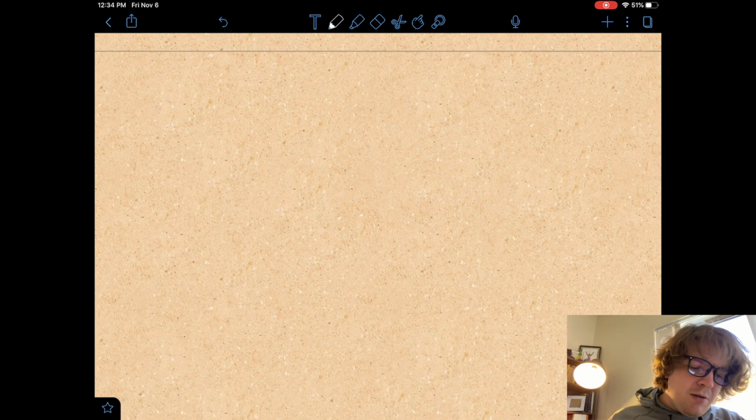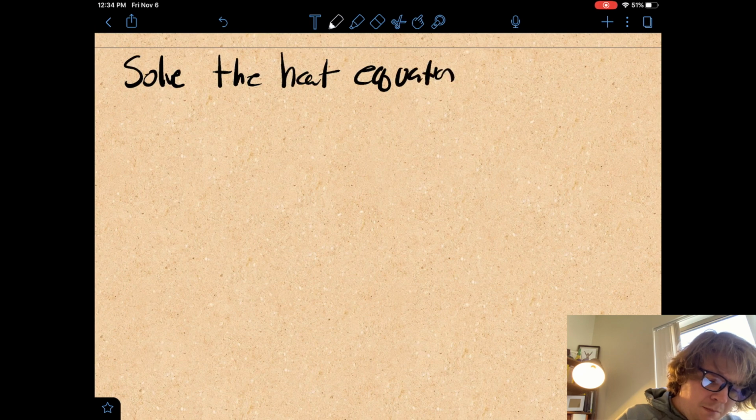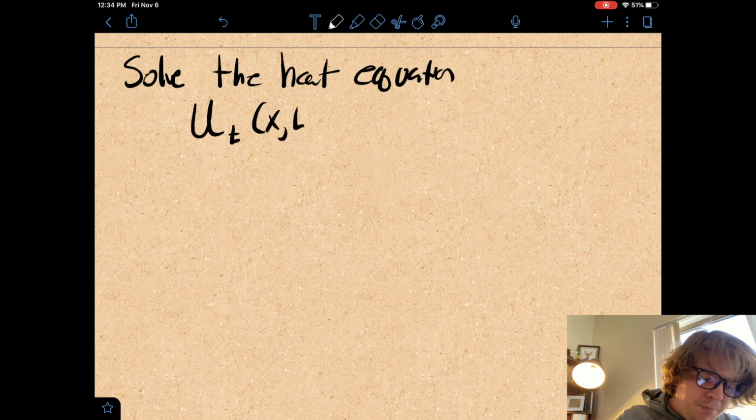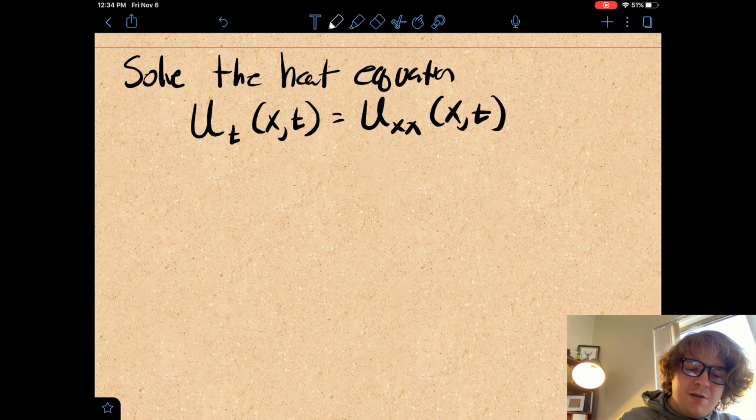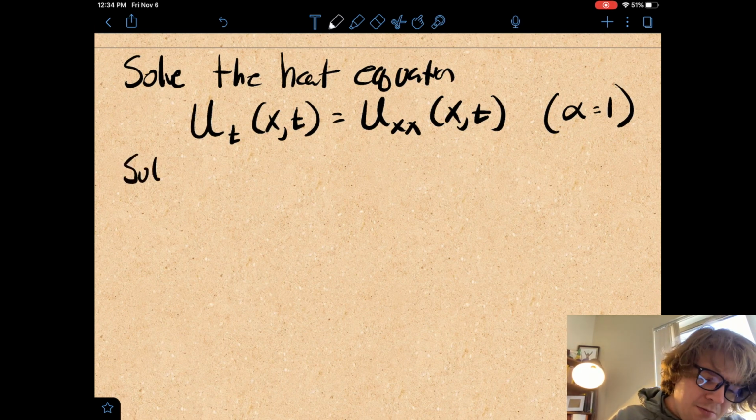All right, so let's go ahead and set up a heat equation problem that we can solve. So let's say we want to solve the heat equation, and our heat equation is going to look something like u sub t of x,t equals u sub xx of x,t. So this is our heat equation with alpha equals 1. Right. Subject to,